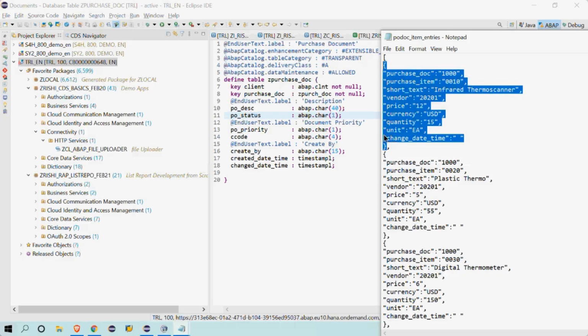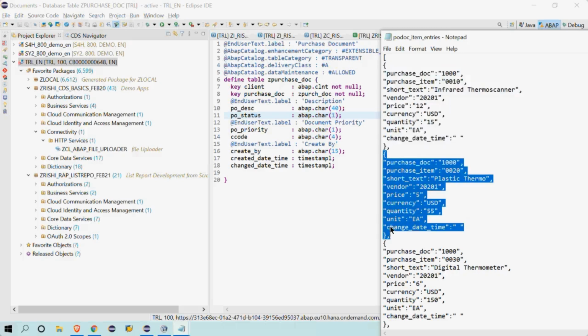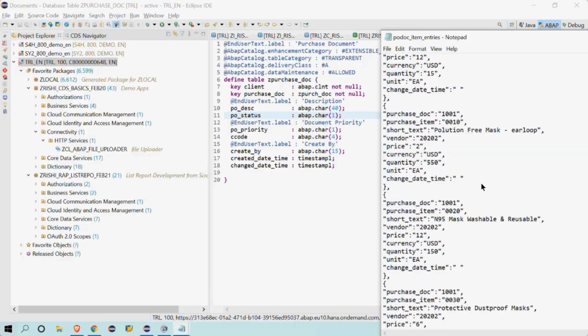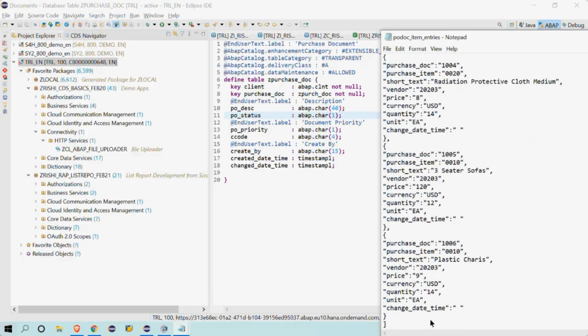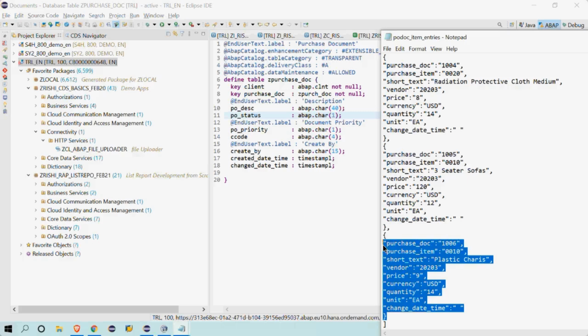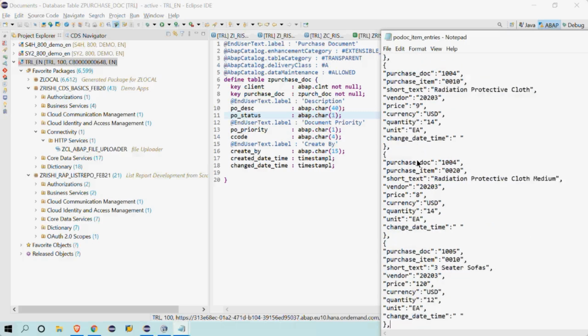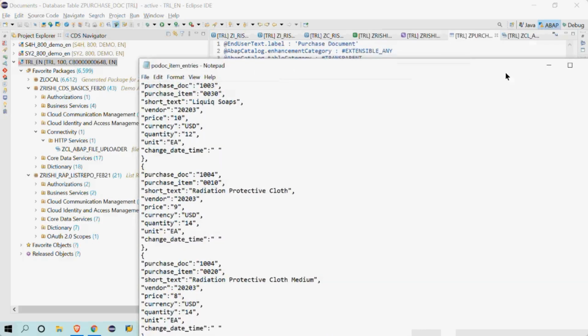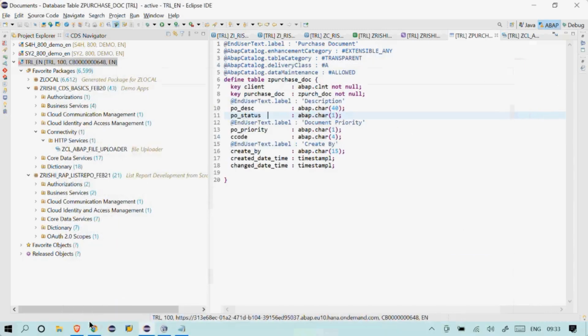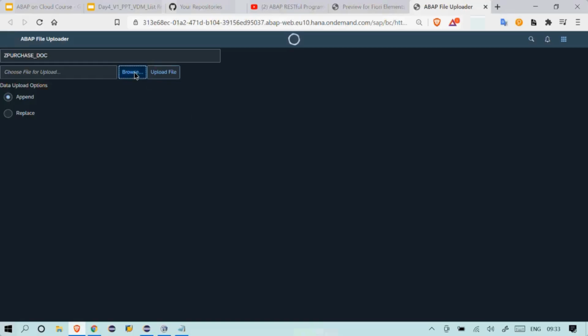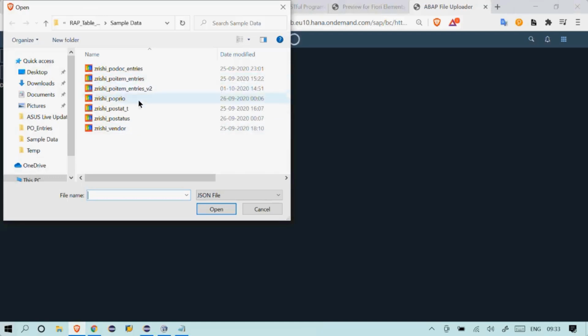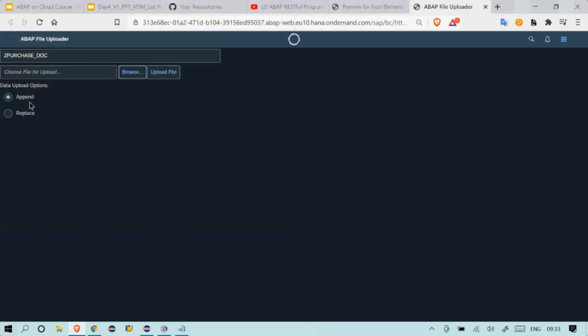So if this is one entry, separated by a comma, and this is another entry separated by a comma. At the end, all the entries will be populated, so there will be no comma at the end. Then save it in JSON format, and when you come to this interface, just browse and choose your JSON file, and whether you want to append it or replace the existing table, just do it and upload the file, then your job is done.